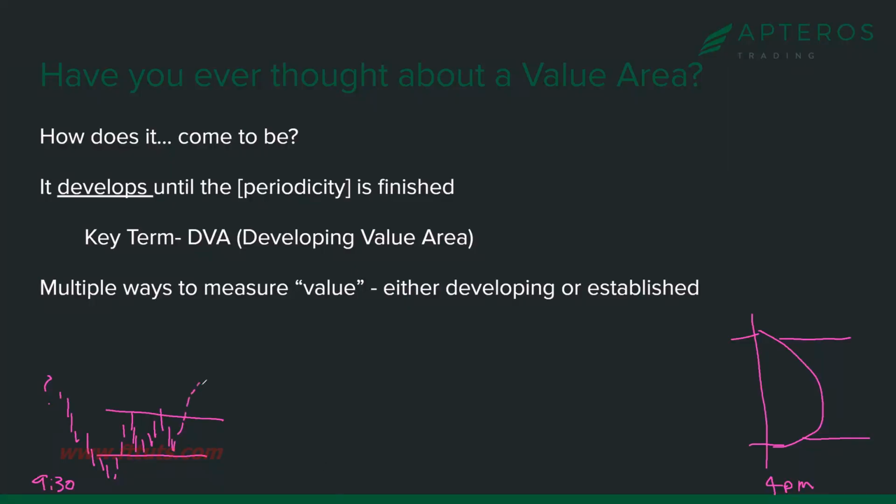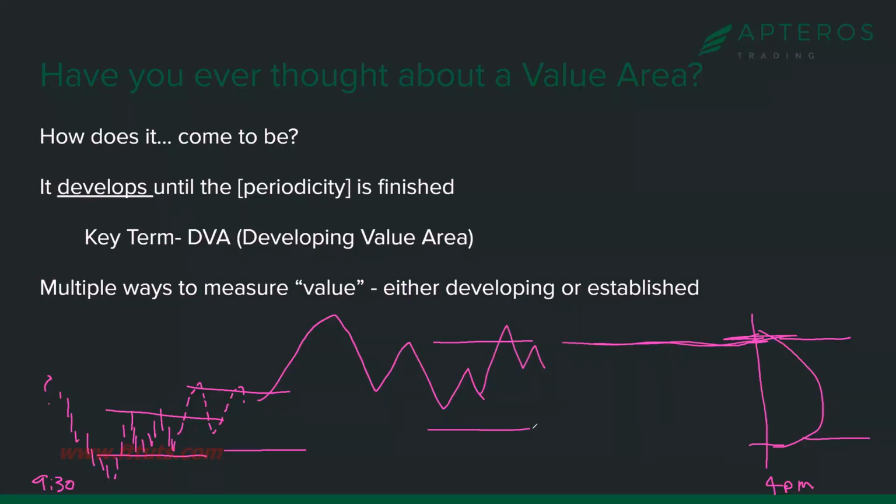And then maybe we keep ranging a bit or something like that. And then maybe value starts to look like this. And then we trade higher or whatever. And then value looks like this. Comes up a little bit. This one also comes up. I don't know, right? And then sure enough, look, we're there. The session closes, right? Let's just pretend that's the close. And you have your developing value becomes your existing value, which we're going to call prior value the next day, right? So it develops throughout the session, and we're going to use it.